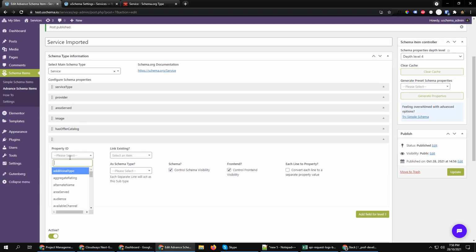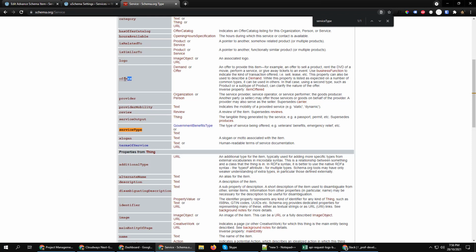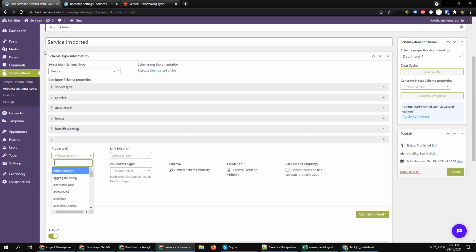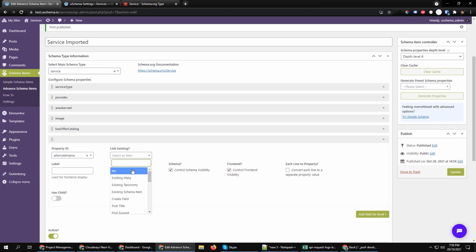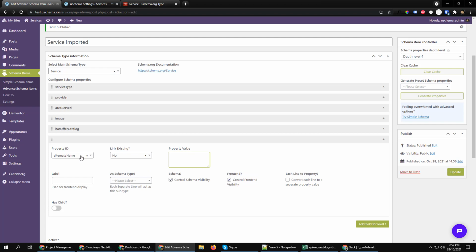For instance, we might want to add, say, offers, just giving you an example, or an alternate name. So what we are going to do is search for this, and then we can link or add any existing value for this property ID.